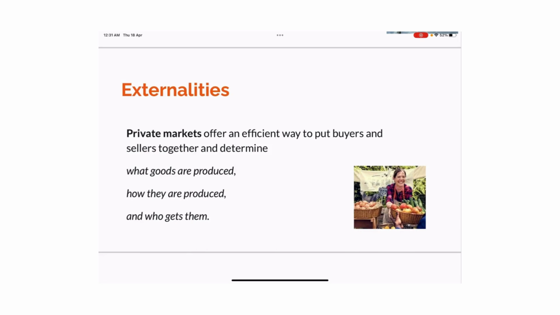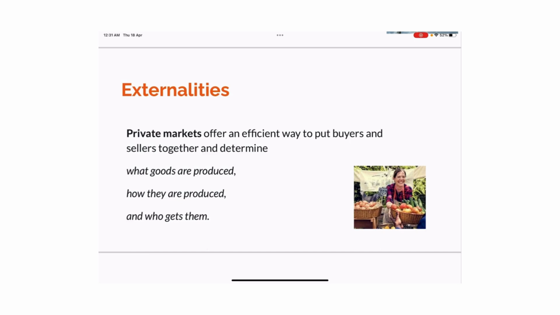It is neither the buyer nor the seller, but still it gets affected, not because it is a buyer or seller. The other reason could be an environmental reason, and if that is the case, it is called